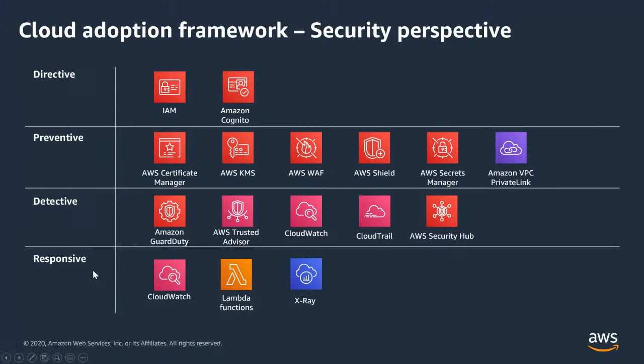Then you have the responsive part, which is basically it drives remediation, right? So now you found out there's a problem. You want to handle it in some form. So you want to automate some of that handling, right? Remediation. So in this case, to give you an example, if GuardDuty finds out that a port scan is happening on an EC2 instance, you could trigger a rule in GuardDuty to actually trigger a Lambda.